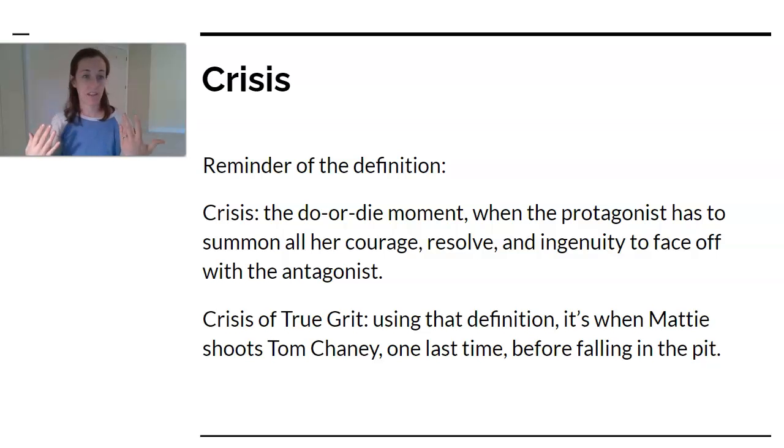She is defenseless, has no one else around. She takes out her revolver, her father's revolver, and she shoots a bullet into his head. As we see, it doesn't actually kill him. This man cannot be killed easily, but it at least takes him out and protects her from him and does a fatal blow in many ways because it weakens him so much he can't fight when Brewster comes to finish him off. So that's the crisis.